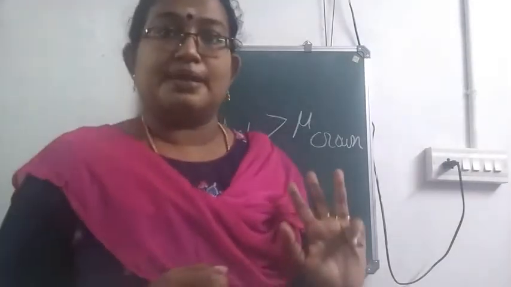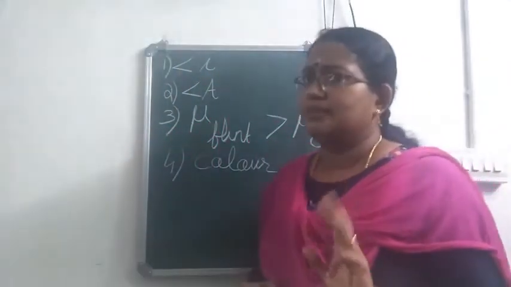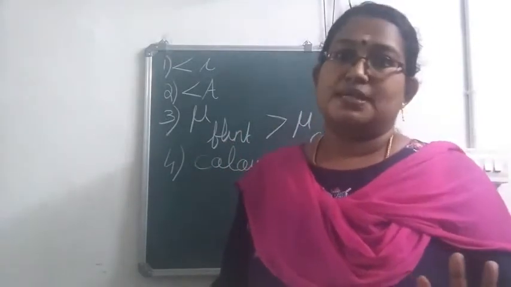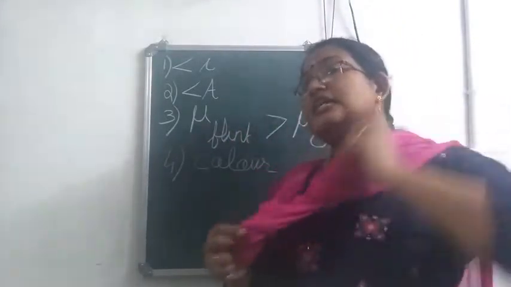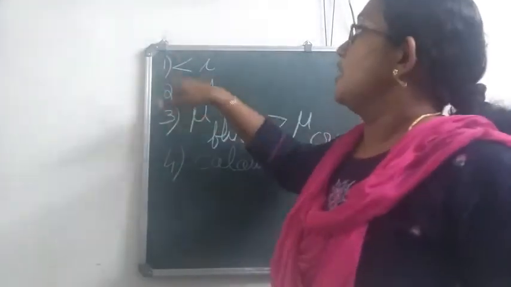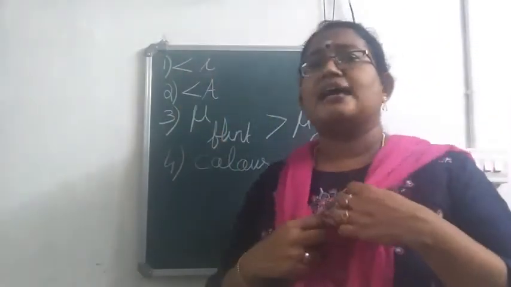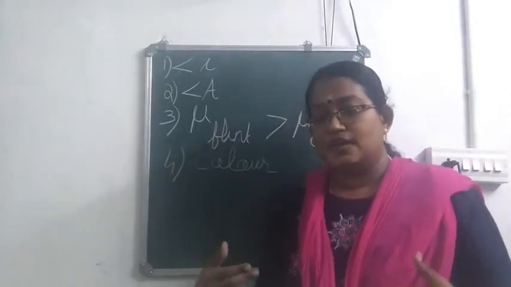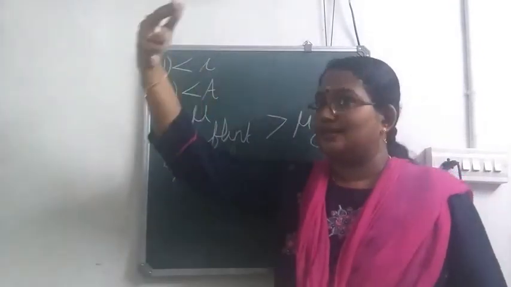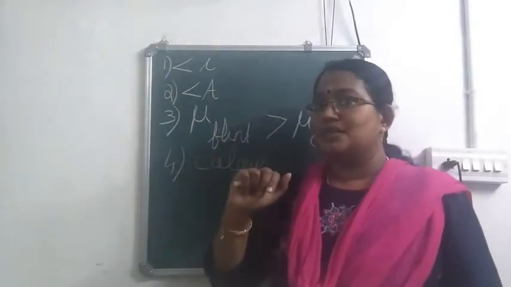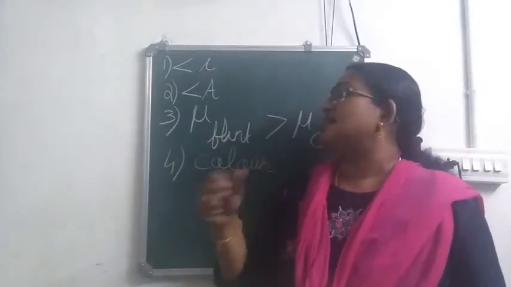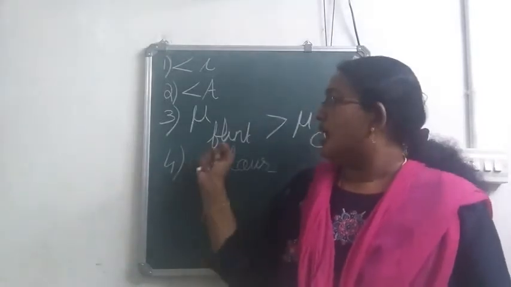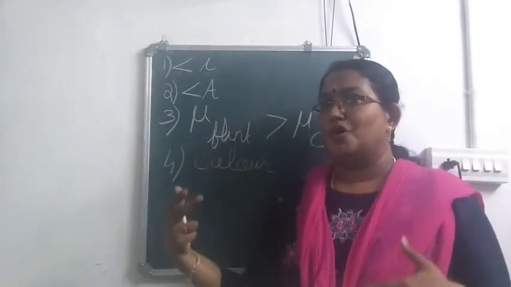So is it clear from this session what all things you have to remember? What is a prism? Then refraction through a triangular glass prism. Factors on which the deviation produced by the prism depends. So four factors. In the case of angle of incidence, when the angle of incidence increases, first the angle of deviation decreases, reaches a minimum value and then increases. When the angle of prism increases, the angle of deviation also increases. The higher the refractive index, the more will be the deviation, and when the wavelength of the color is more, deviation will be minimum.